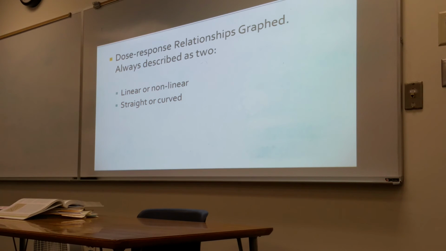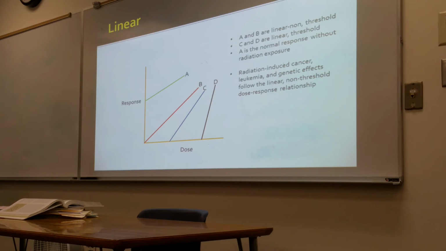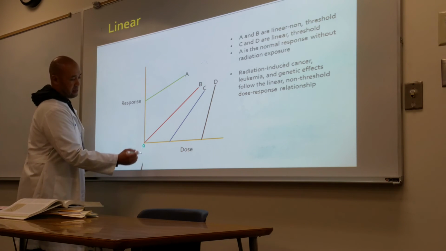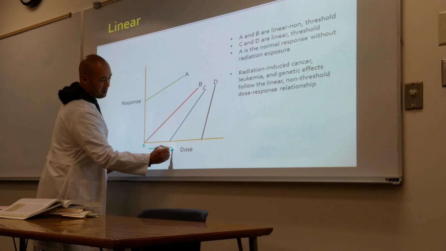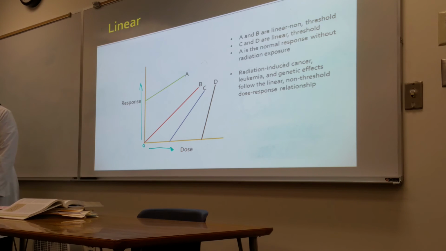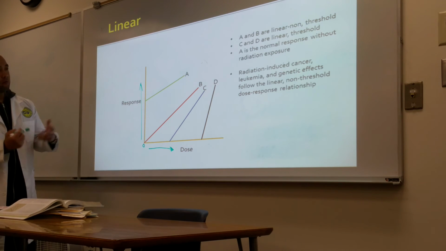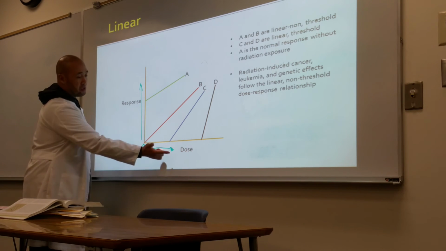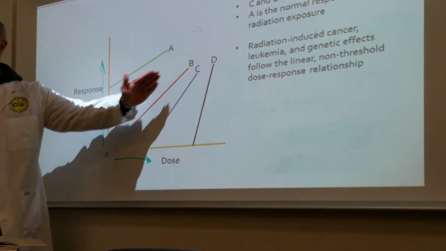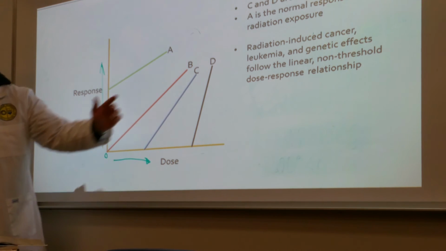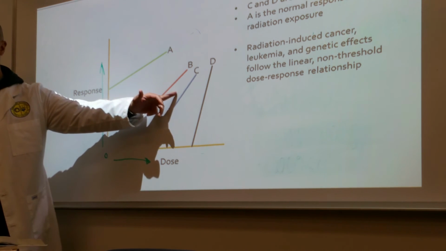So I put up a few examples here of how this looks. Okay, so the first one here, this is zero dose right here, and then this is increased dose, with zero effects to increased response. So a normal graph would show like this. As dose increases, so does the damage or the effect, and it is proportional. A straight line says it's proportional. So with increased dose, so is the resulting effect.